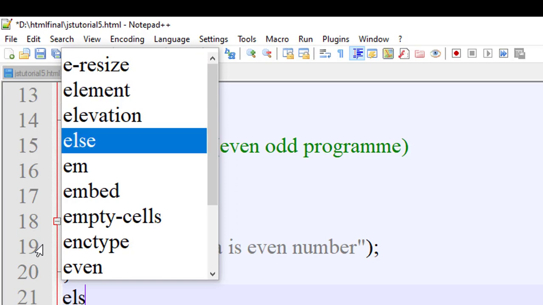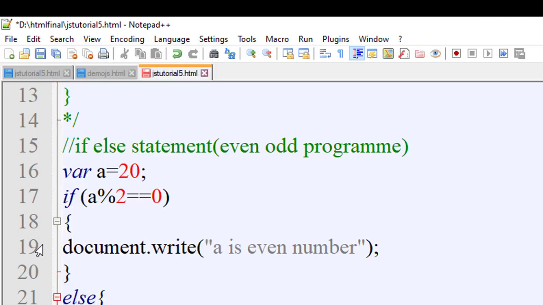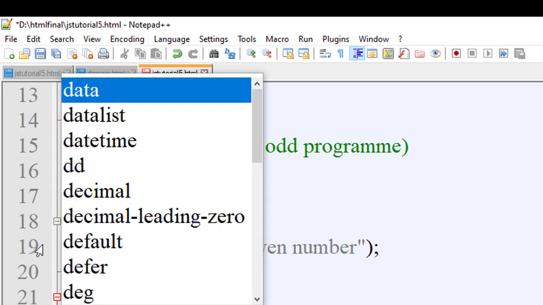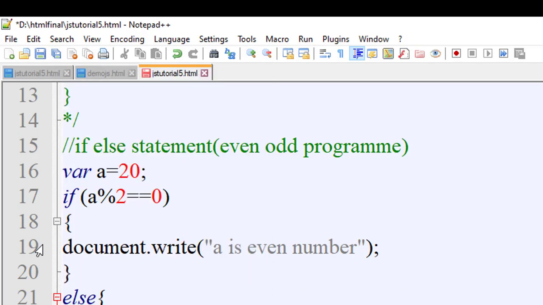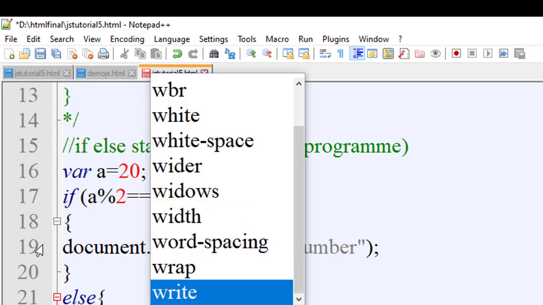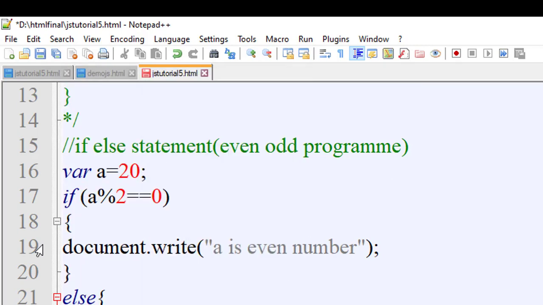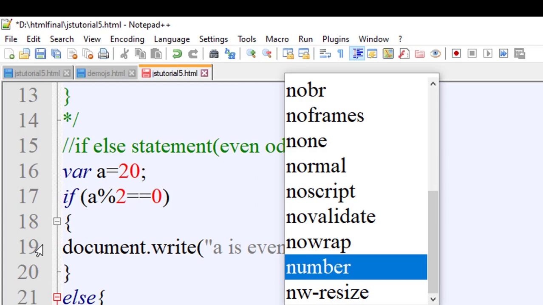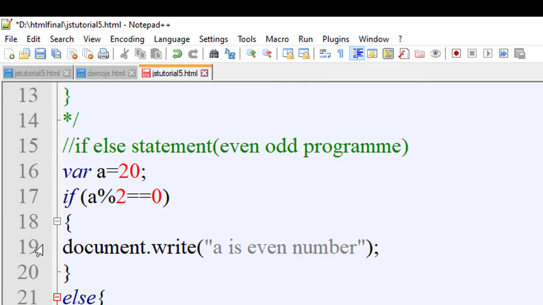Else document.write a is odd number. Curly bracket close.